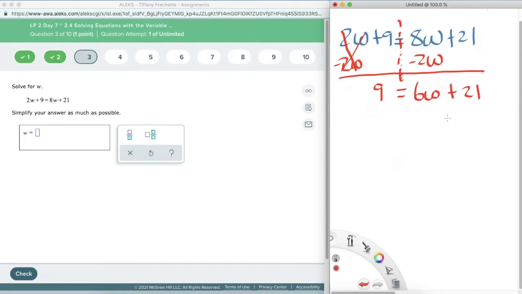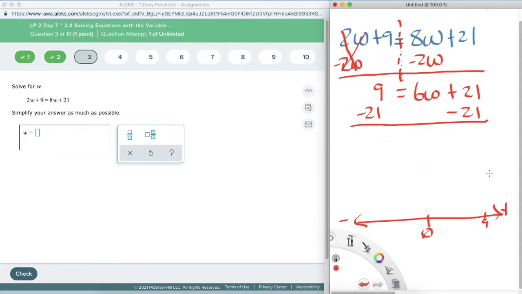equation now. What's being added or subtracted on the same side as the variable, the w? Well, 21's being added, so I'm going to subtract it, like that. So now I have 9 minus 21. Remember, if we're thinking of our number line here, if I have 9 all the way over here, and I want to subtract 21, that means I'm going left on my number line. I can take 9, but then I'm going to have to go to the negative section for the rest of those, right? So,